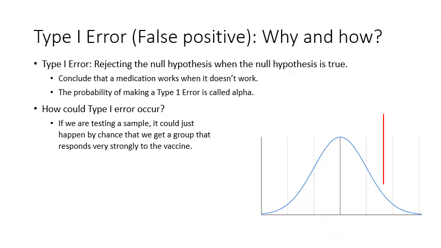How could this happen? How could a type 1 error occur? Well, if we're testing a sample, it could just happen by chance that we get a group that responds really strongly to the vaccine. So remember, all of these are possible samples, and we're just looking to get a sample in this tail of the distribution? Well, you know, if we draw 1,000,000 samples by chance, just draw them at random and we don't even give them the vaccine, 5% of them,